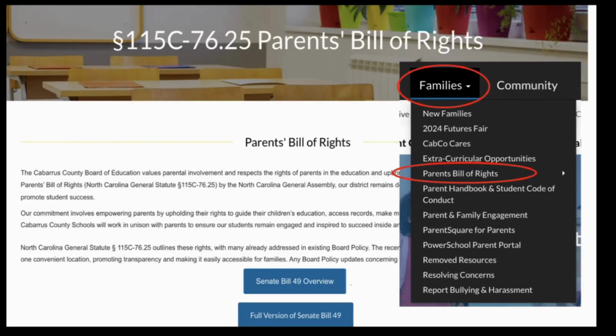The Parents' Bill of Rights, also known as Senate Bill 49, can be found on the CCS website, the Families tab, and the Parents' Bill of Rights tab here. This provides an overview of information that will be discussed in this presentation, and you can review it further by